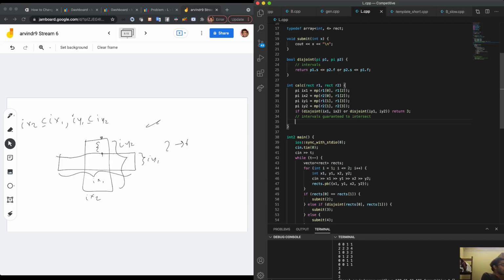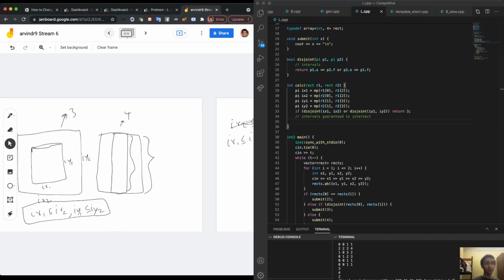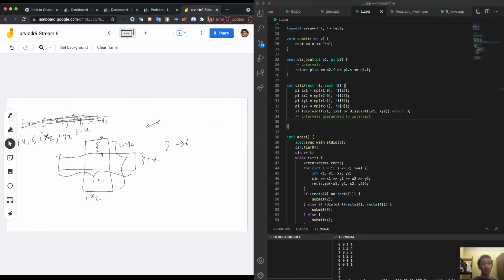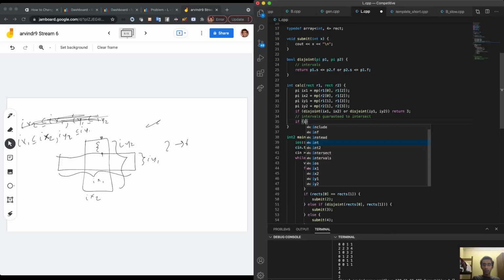Just to make the code cleaner, I'll change the condition to this: ix1 containing ix2, iy2 containing iy1, so it's consistent with this condition here when I code. Okay. And because of symmetry, I'll just swap things. So if iy1 dot first